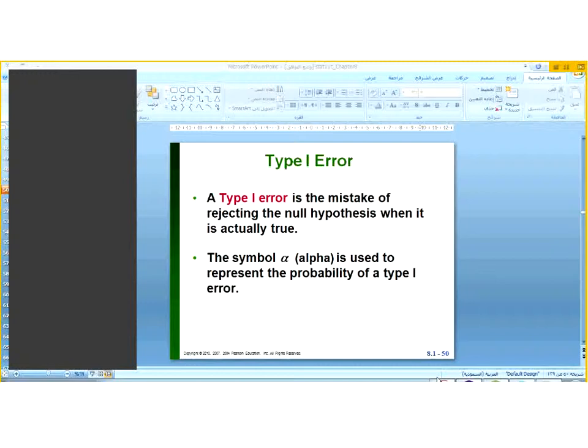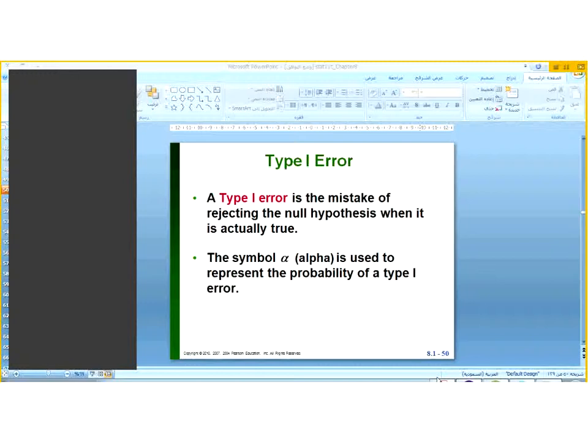So, the type 1 error and the type 2 error. من اسمه خطأ، صح؟ Error. So, في عندي two types of error. إيش هما؟ Type 1 error is the mistake of rejecting the null hypothesis when it's actually true. So, الnull hypothesis تبعي H naught true في الحقيقة، مثلا B تساوي 0.3. لكن أنا إيش قراري كان reject the null hypothesis على أنها صحيحة. هنا هل قراري صائب أم خاطئ؟